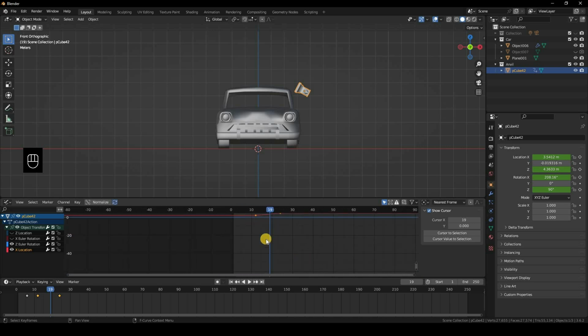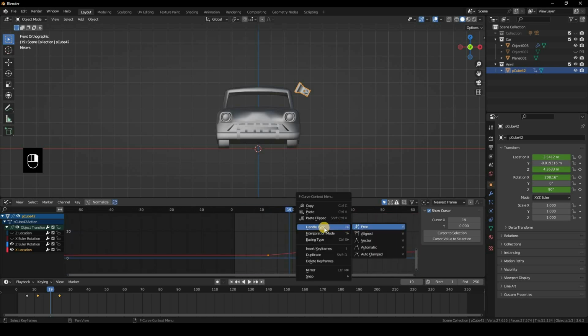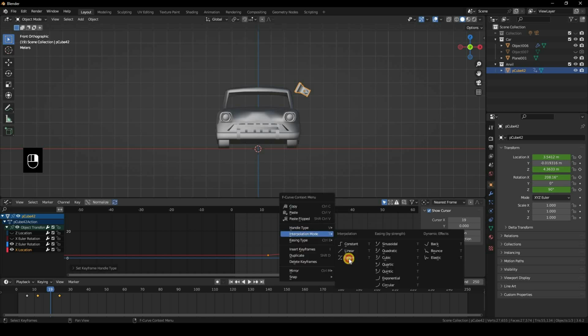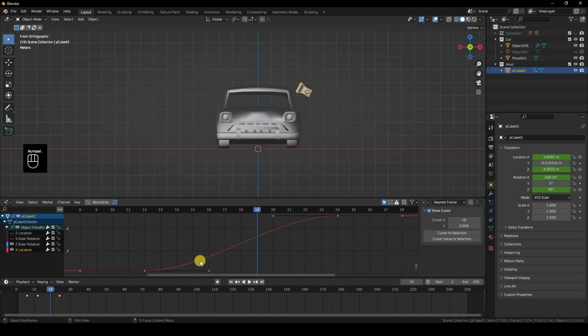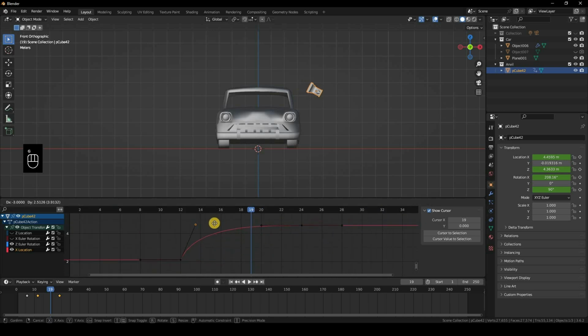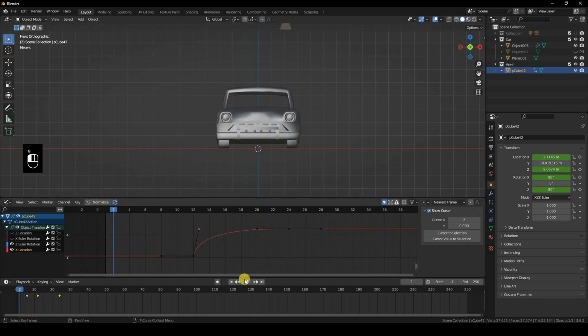Now for the X location, we'll do the same thing, handle type free, interpolation mode, Bezier, and if you are having trouble zooming in, then click on the dot button and Blender will automatically zoom in for you. Now I'll just move it so, and it's a total of 1 second animation, so